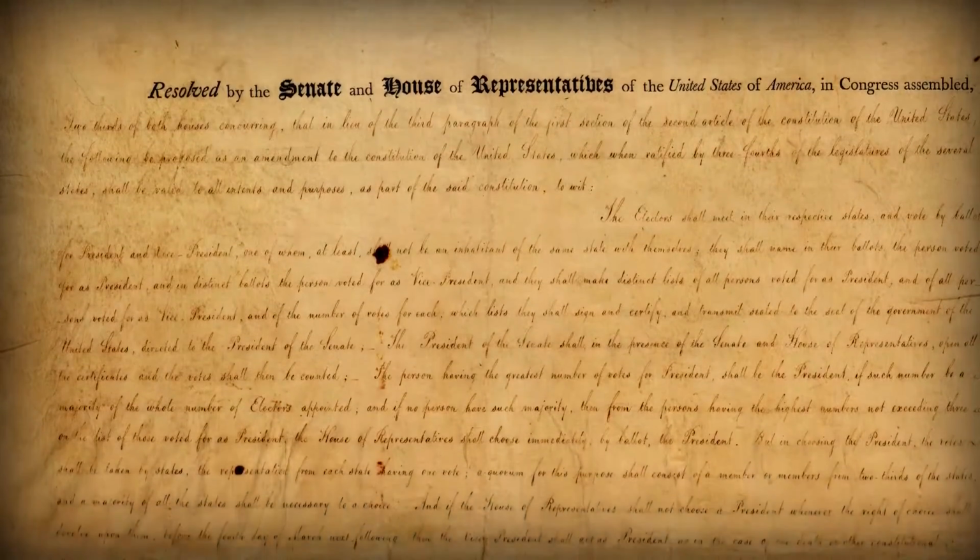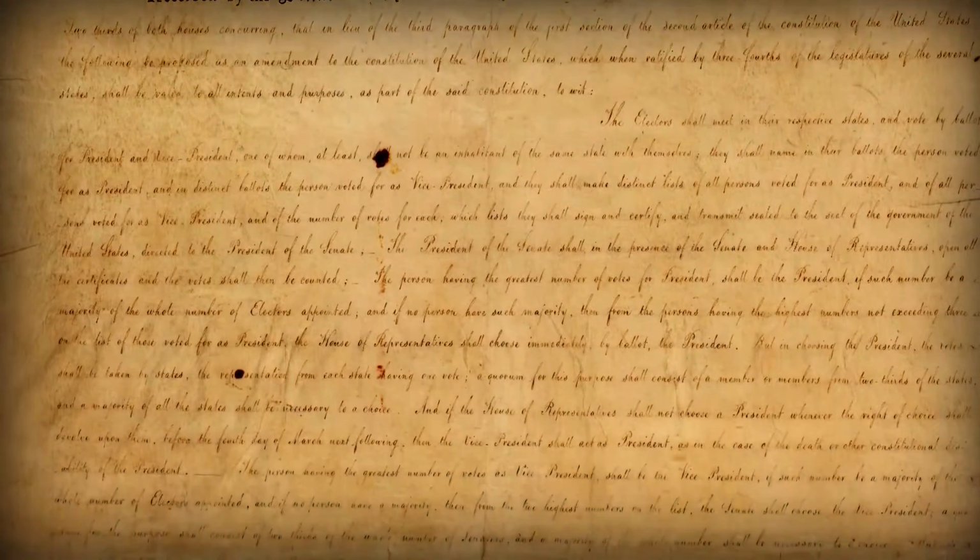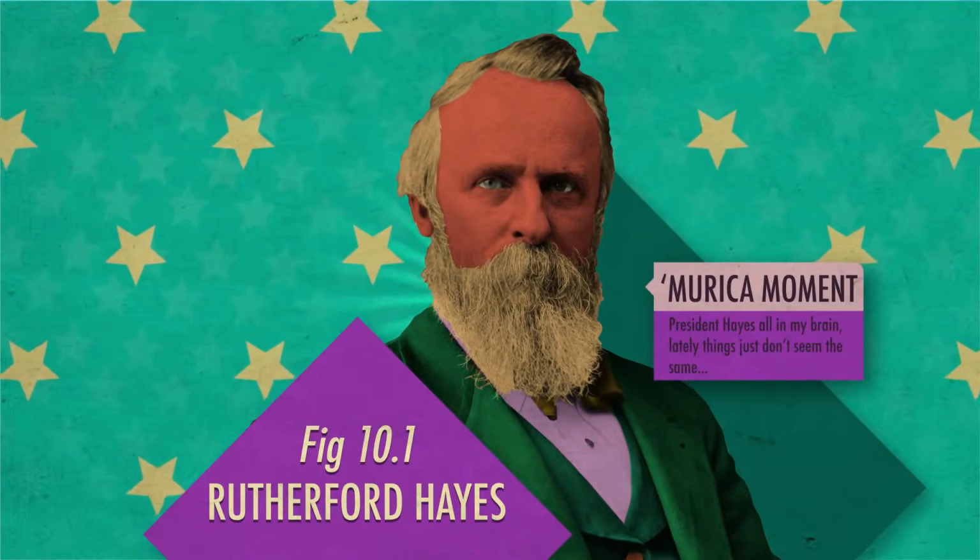But anyway, shortly after the election of 1800, the 12th Amendment was passed, making the Electoral College simpler, but not as simple as, say, one person's vote counting as one vote. Anyway, complain about the Electoral College all you want, but without it, we would never have had President Rutherford B. Hayes, and just look at that beard!